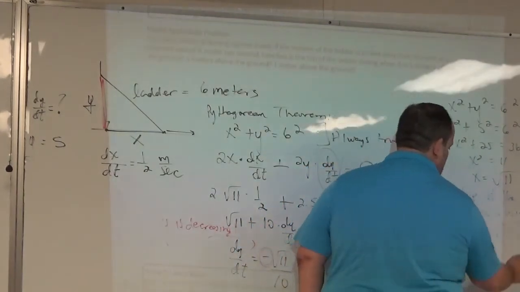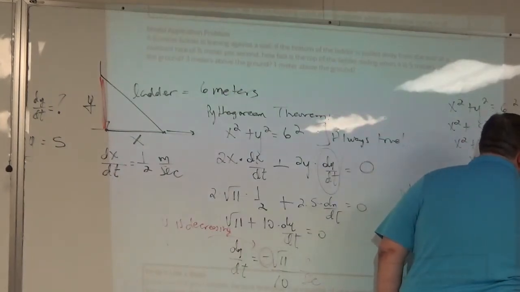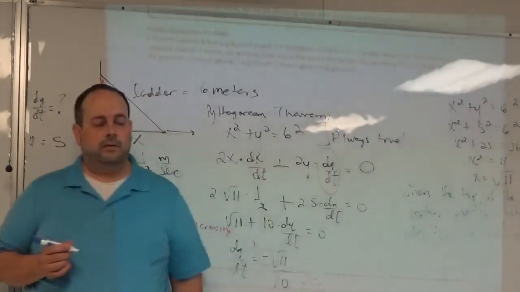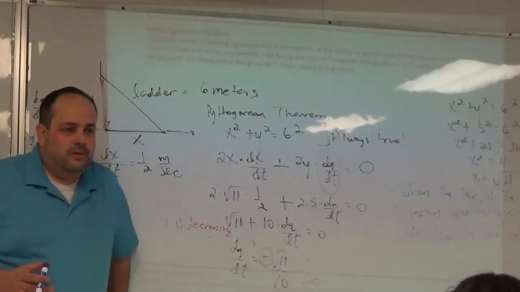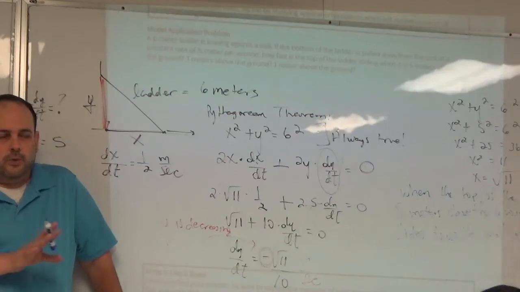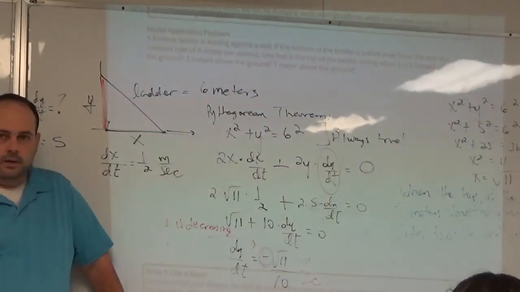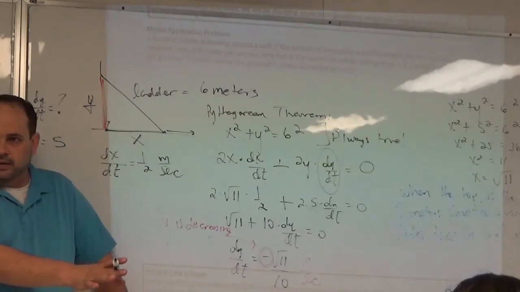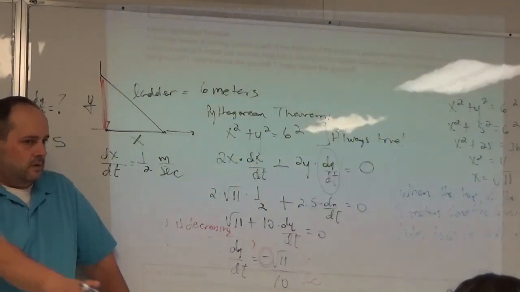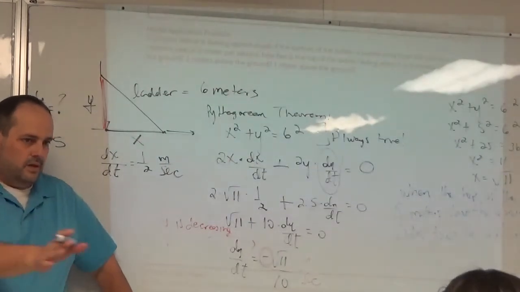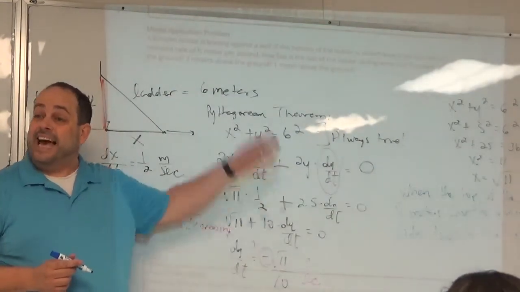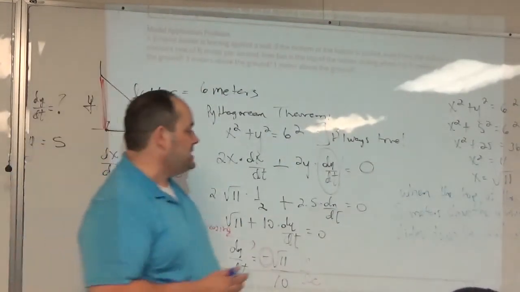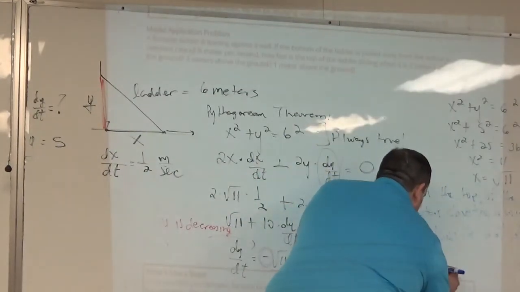and I know you cannot read that at all, at a rate of, don't blow it now, when the top of the ladder is 5 meters above the ground, the ladder slides down the wall at a rate of square root of 11 or negative square root of 11? Negative square root of. No negative, Andy? Daisy wants the negative. No. What do you think, Jalissa? Use the negative or not the negative? Wait. Why not? We already said that it slides down. We've already said the ladder is sliding down. The height is decreasing. So at a rate of square root of 11 over 10